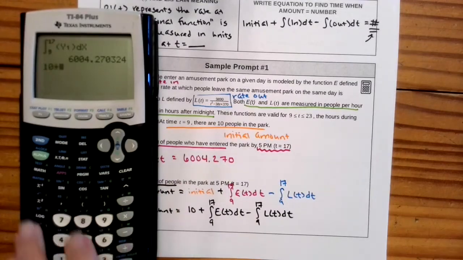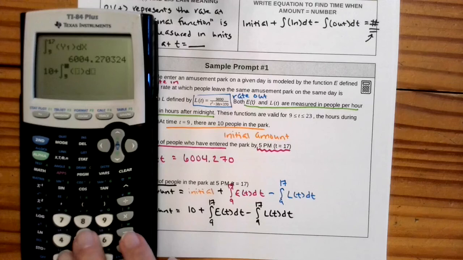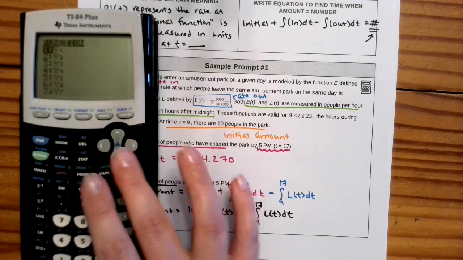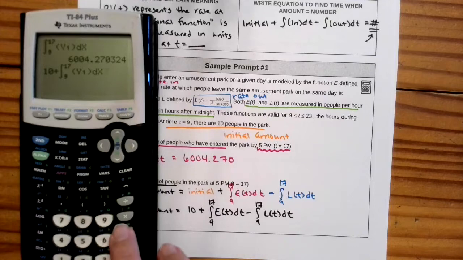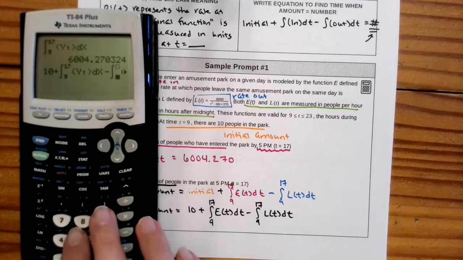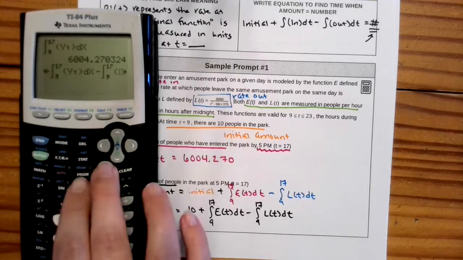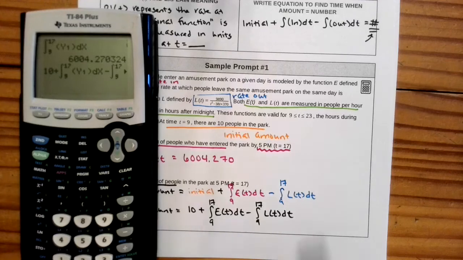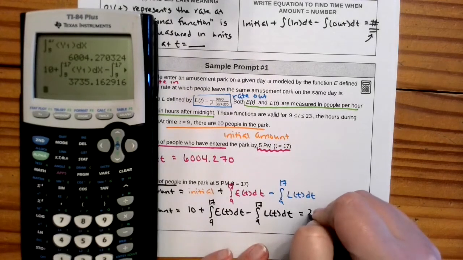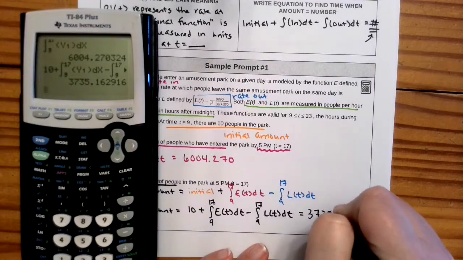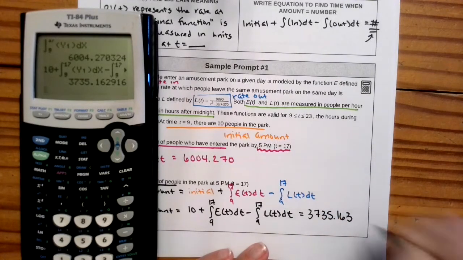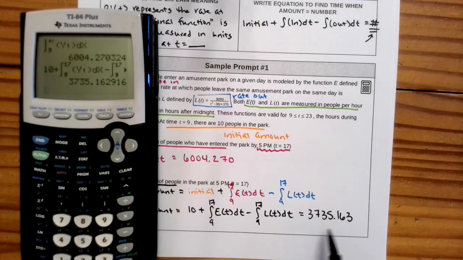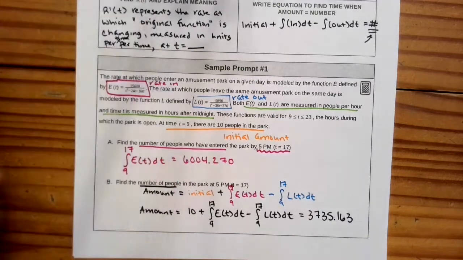So 10 plus math 9 from 9 to 17 of y1, and then subtract the integral from 9 to 17 of y2. And I get that my answer is 3,735.163. So the number of people in the park at 5 p.m. is about 3,735. Okay? All right,